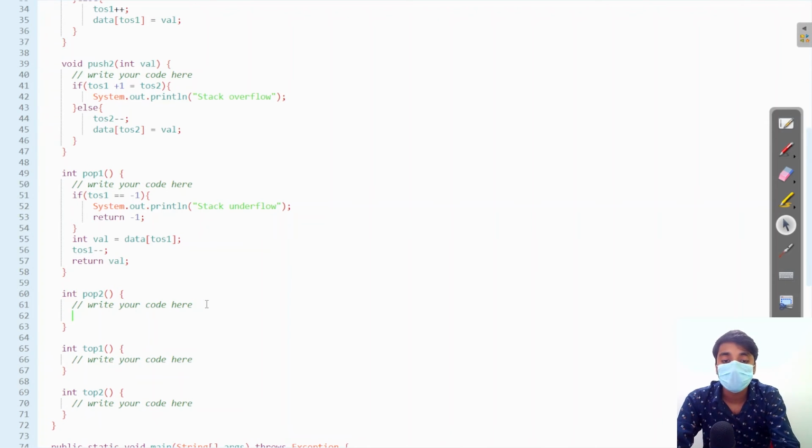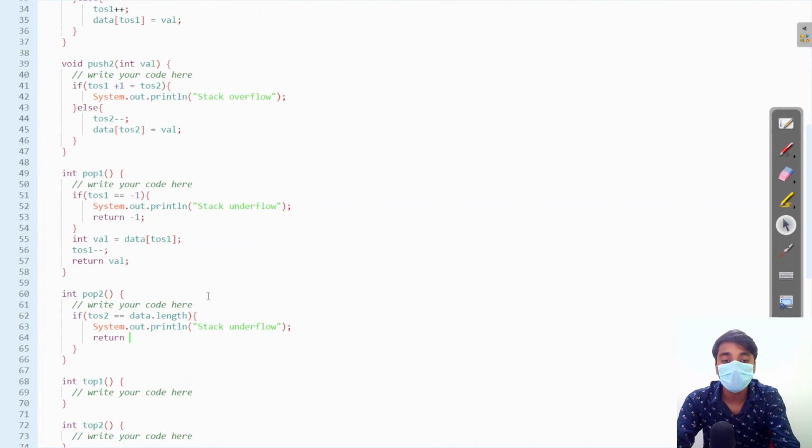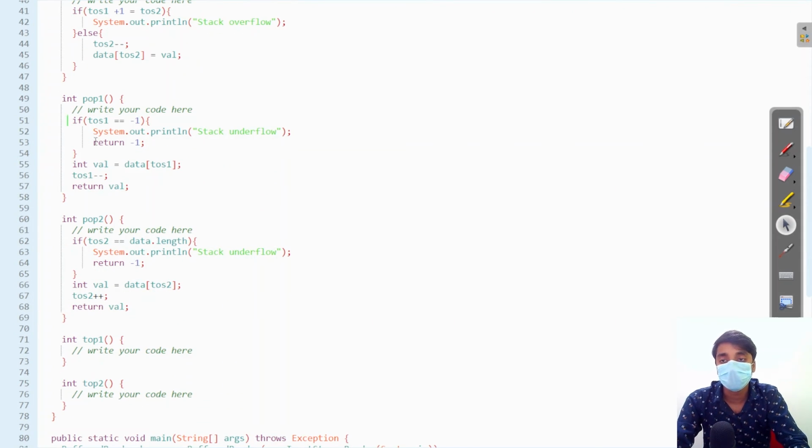In pop2, if tos2 is equal to data.length, this means there is no data left in stack 2. So we will print stack underflow and return the -1 value. Now save the value as data at tos2, then increase tos2 by 1. Return that value. This will be the popped value of pop2.